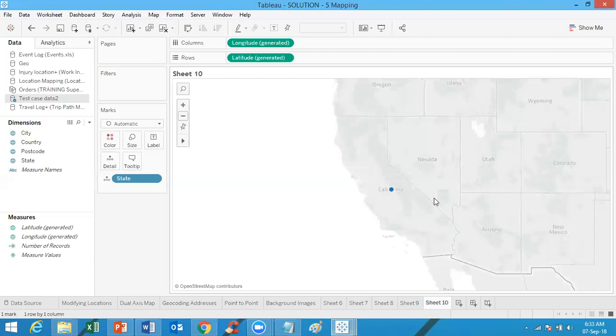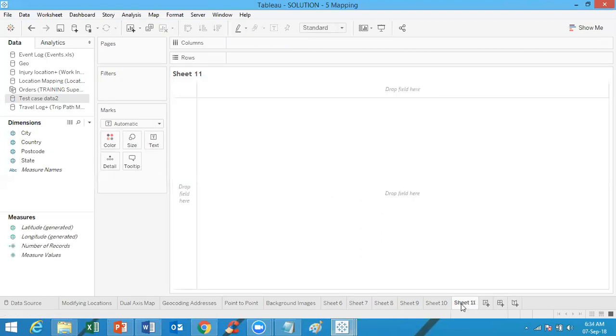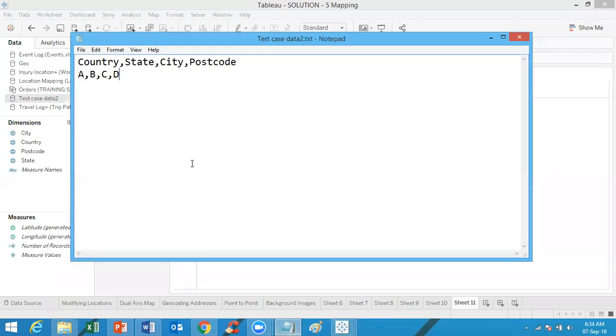So we'll go to the third test case. In this test case, we'll be checking the fields with geographical names, but having geographical values at different levels. So, for example, for country, state, and city. So if this is data, and our data is